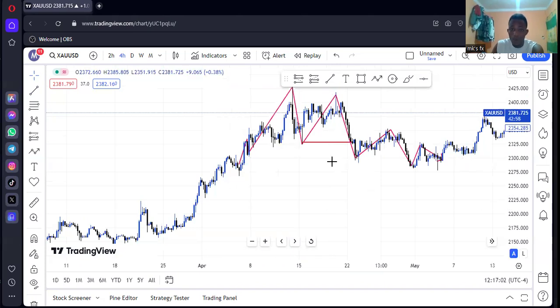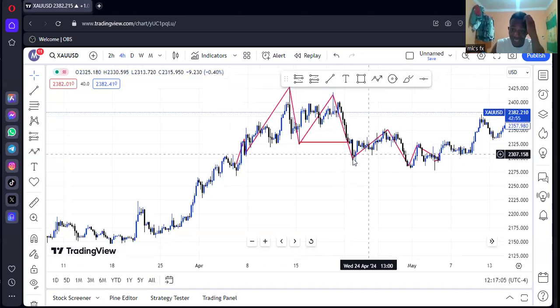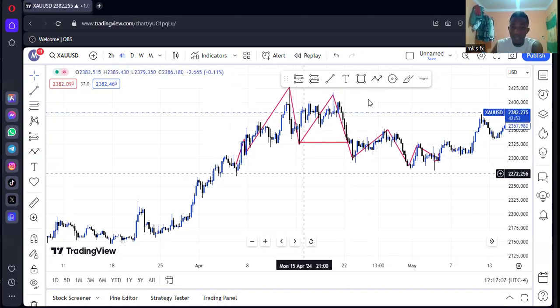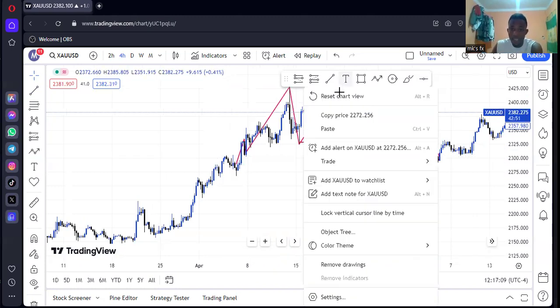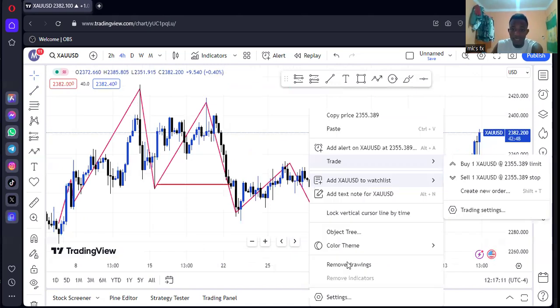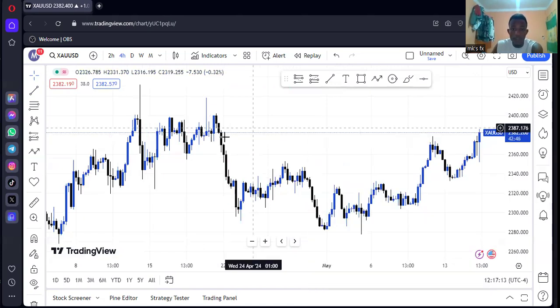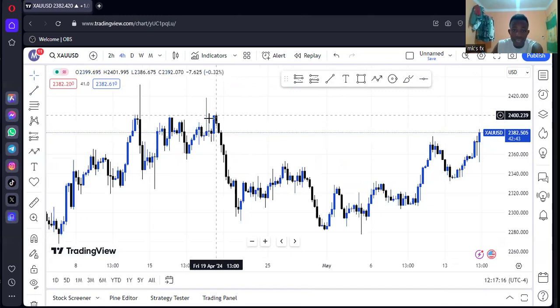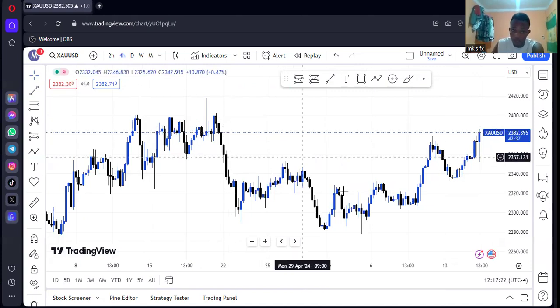So, guys, when we have a break of structure, what is the next thing we are expecting in the market? Let me clear up the charts. What is the next thing we are expecting in the market, guys? When we have a break of structure, we expect the market to come back to the last high, test either the order block or the fair value gap it left on that high before falling, right, guys?